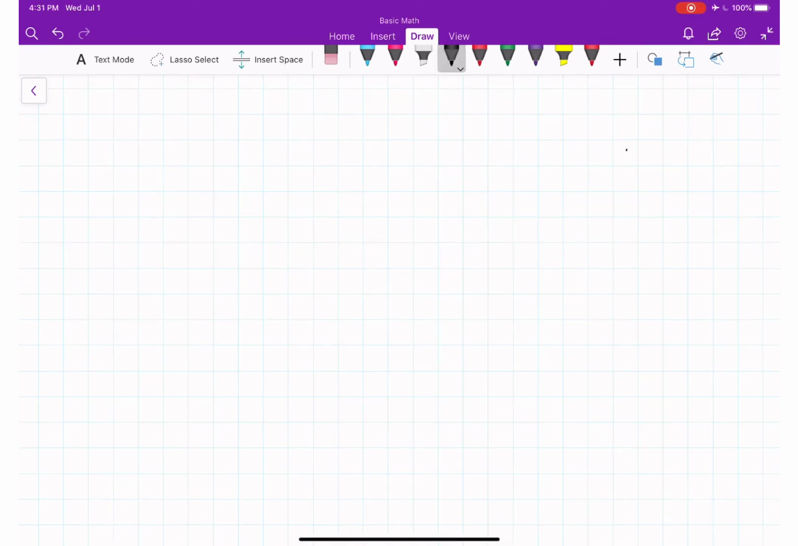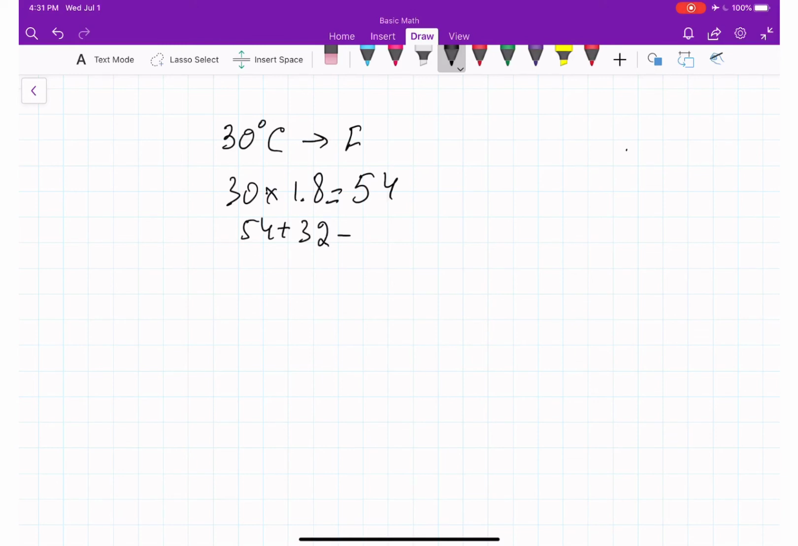So 30 degrees Celsius converting to Fahrenheit. Okay, 30 degrees multiplied by 1.8, we get 54. And then 54 plus 32, we are getting 86 degrees Fahrenheit. One more,